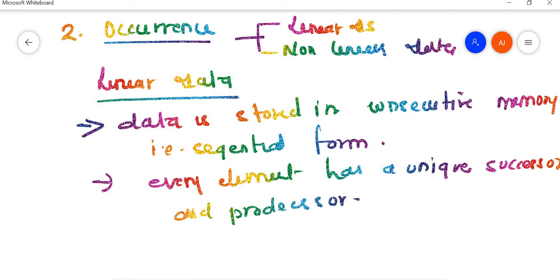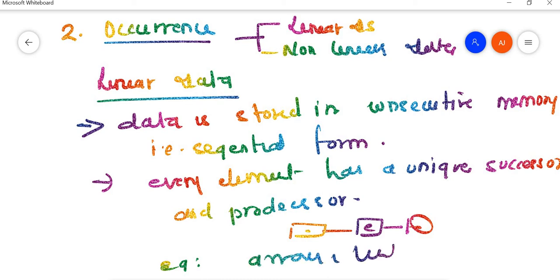Suppose this is my element: whatever comes after the element is the successor, and whatever is before the element is called the predecessor. Examples of a linear data structure are array, linked list, queue, stack, etc.